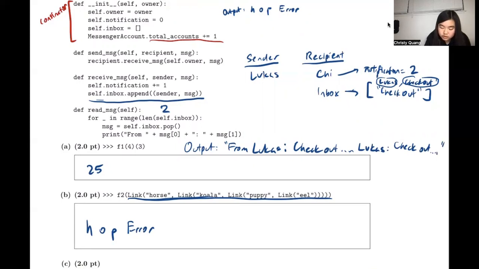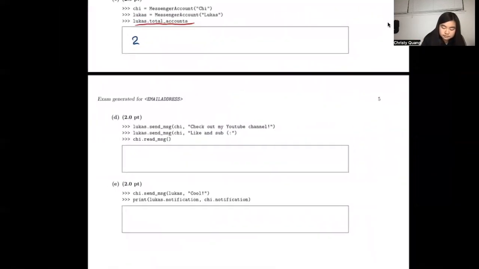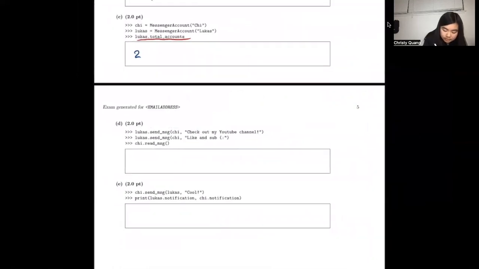So we notice that when we're calling print, not println, print just prints, it keeps printing on from whatever you were last printing from. So our last printed message was from Lucas, check out my YouTube channel, blah, blah, blah. And since we're calling the print function, it keeps printing out on the same line. So our final output should be from Lucas